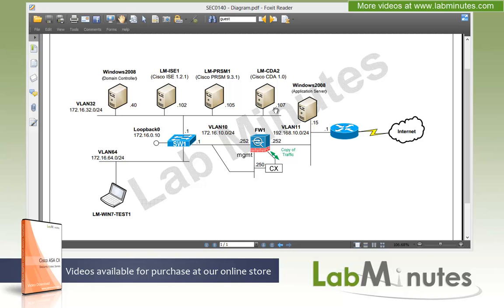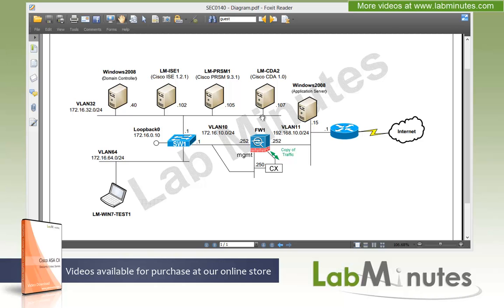And on the same subnet, we also have a CDA server, or Context Directory Agent server, with the IP of .107, which is pre-configured, pre-installed, and already integrated with Active Directory to provide us with the service for passive authentication we'll use later on in this lab to obtain the user identity. If you're not sure how to work with the CDA server, don't worry about that right now, since we're going to have a separate video that will walk you through the installation and configuration of the CDA server